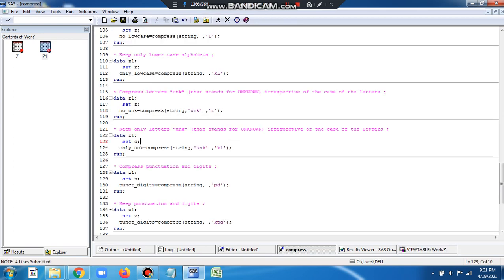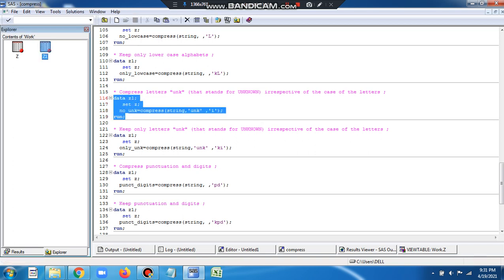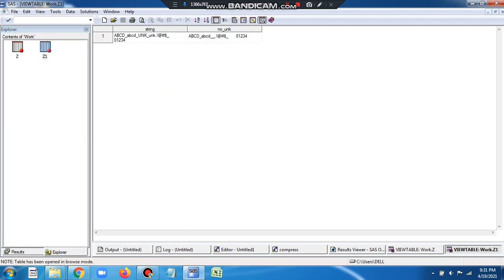So I can give U, N, K as the characters that I want to suppress. In addition, I am also giving the I modifier. It means ignore case, or case insensitive. So let's run it and see, and what we should get is the string without U, N, K. So we can see that we don't have U, N, K irrespective of the case, either small or uppercase. All those are eliminated.